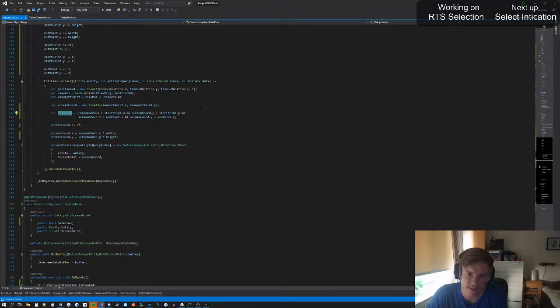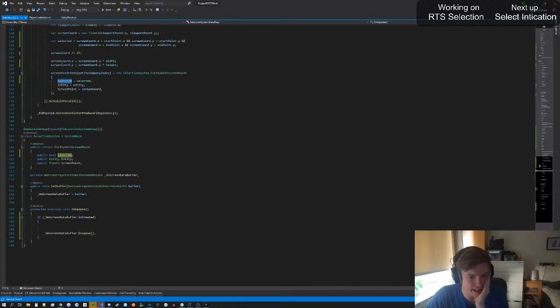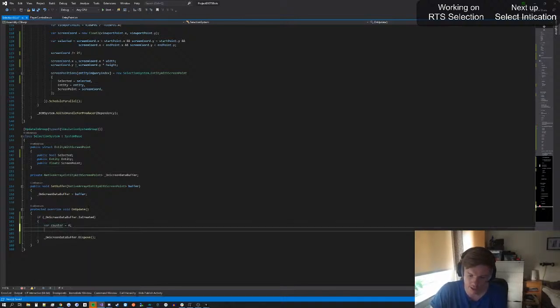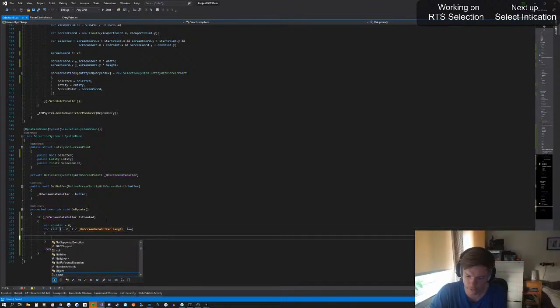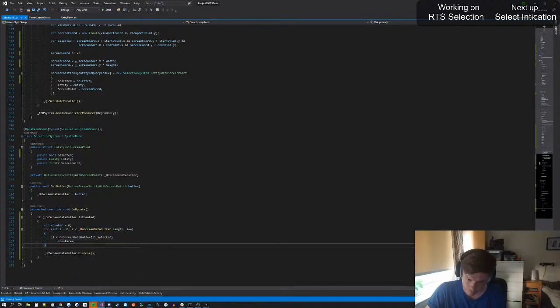If everything is inside of everything else, then we are selected, and we can do it like that. So now we will have everything tagged selected, which is selected. And we can try this out by just having some sort of a counter here. So var counter equals 0, for each length, and then if this stuff is selected, then counter plus. And then we do